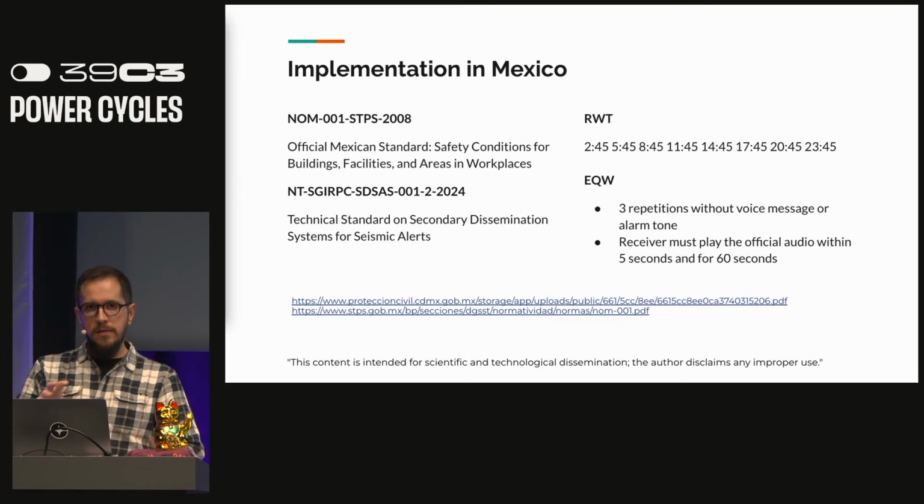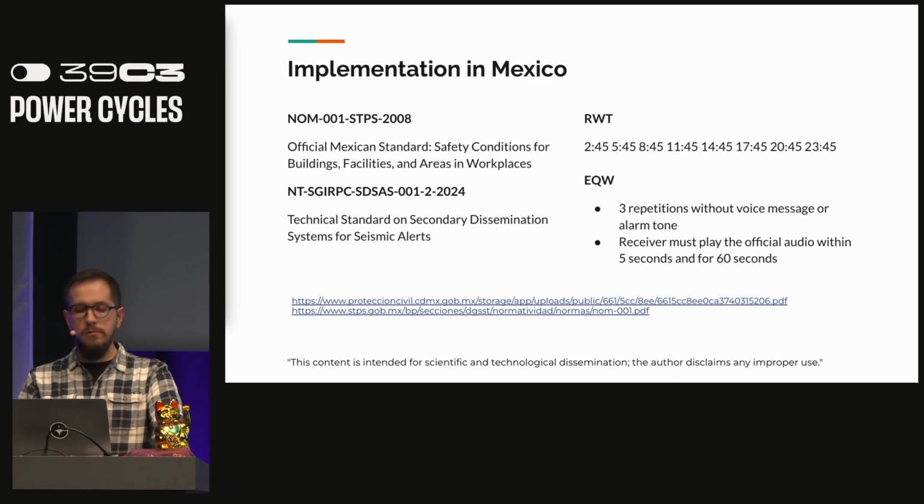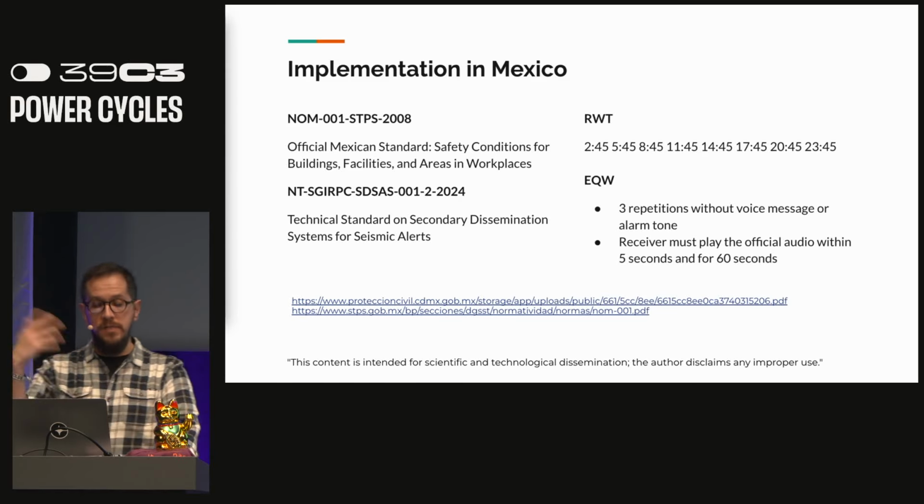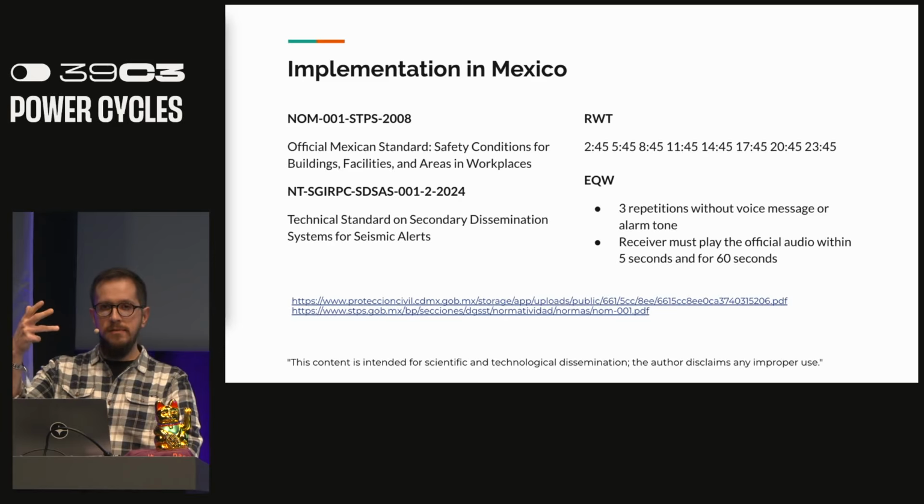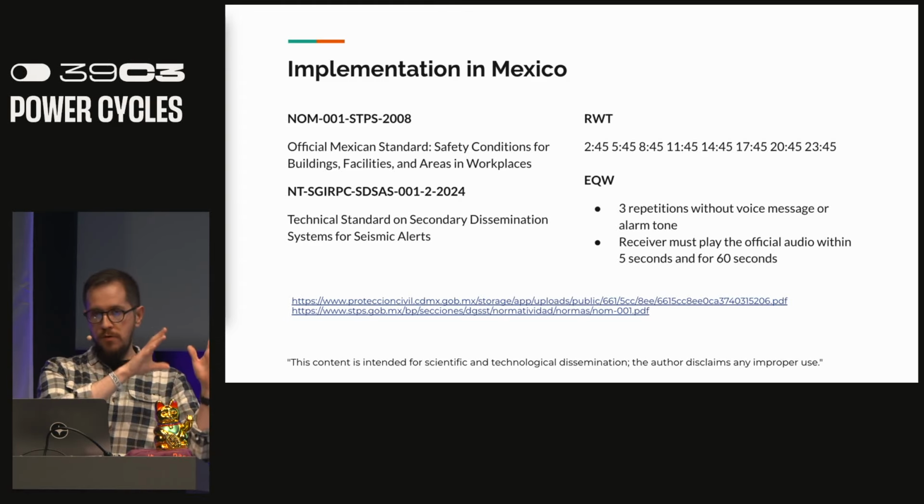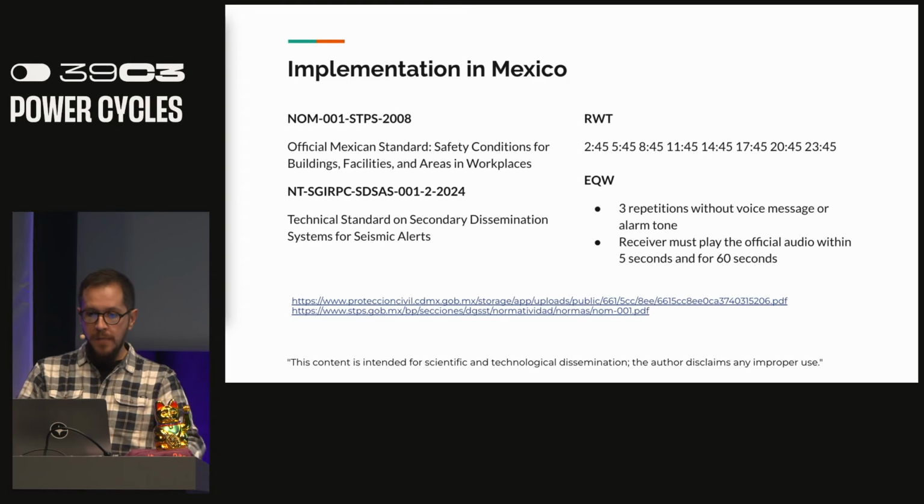They deviate a little bit from the US standard. There is a regular weekly test that's not weekly. It's like every 3 hours they send a little packet, so the radios can show that they are working and receiving the signal. The earthquake warning is sent 3 times, the message we just saw is sent 3 times, and the receiver must play the tone